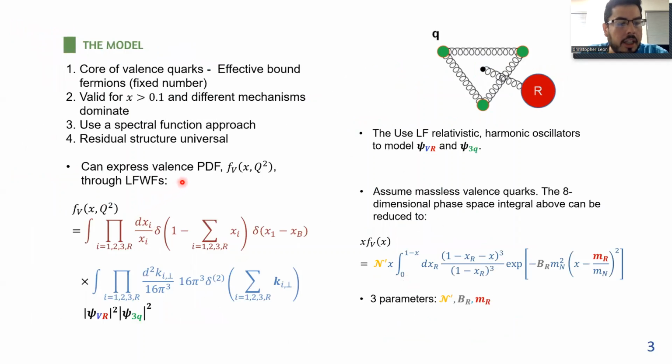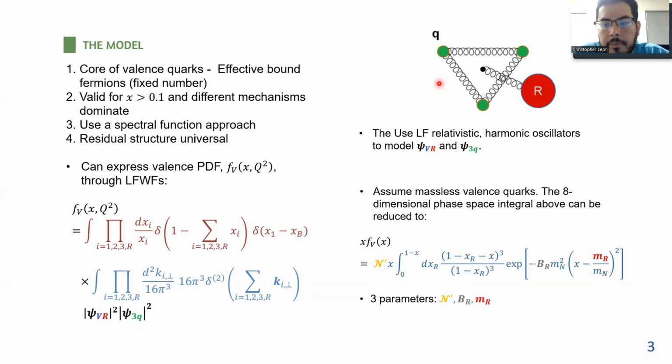So if we look at the valence PDF, we can express it in terms of the light front wave functions, and we get an 8-dimensional phase space integral. So to model the light front wave functions, for the valence component, we're going to look at 3 mutually coupled relativistic light front harmonic oscillators. And for the valence residual, we'll just treat it as the same, except pairwise between the valence and the residual